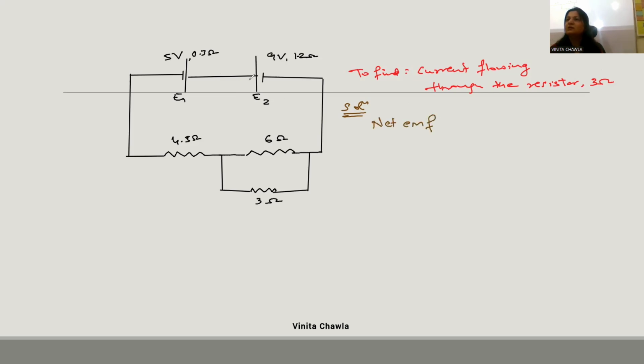See, they are not facing each other. तो एक पॉजिटिव लोगे एक नेगेटिव लोगे, है ना? कैसे? This is greater, so let's subtract E1 from E2, E2 minus E1. So net EMF is 9 volt minus 5 volt. It is 4 volt. 4 volt is the net EMF, and total resistance is